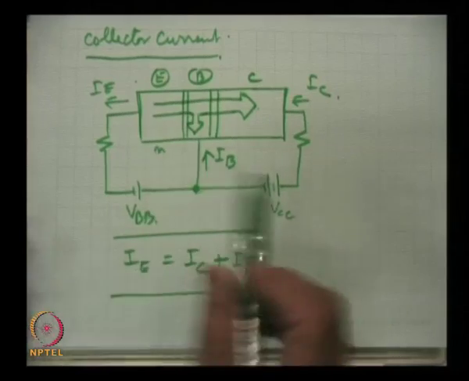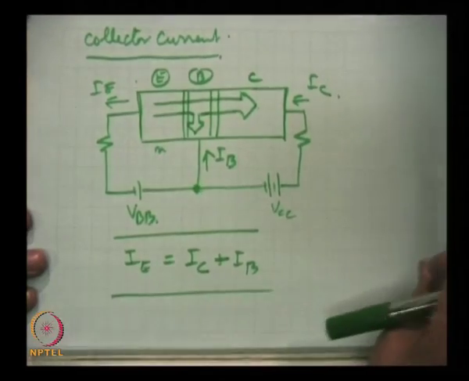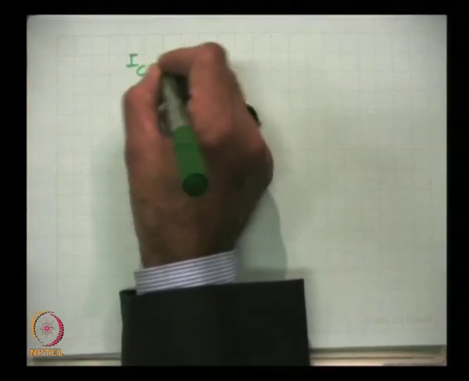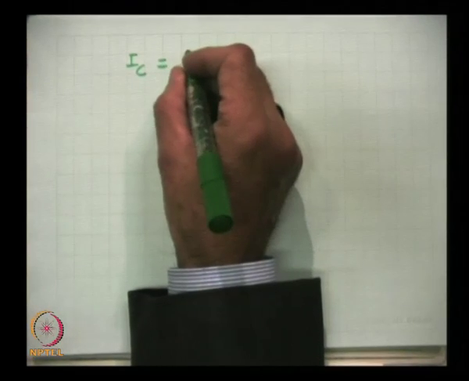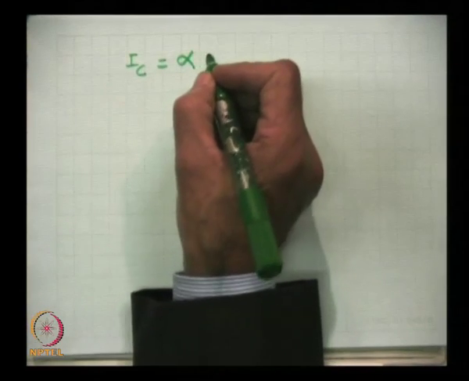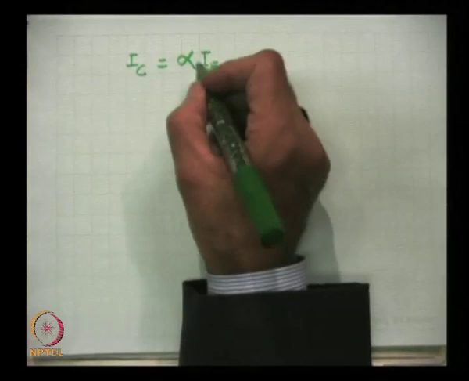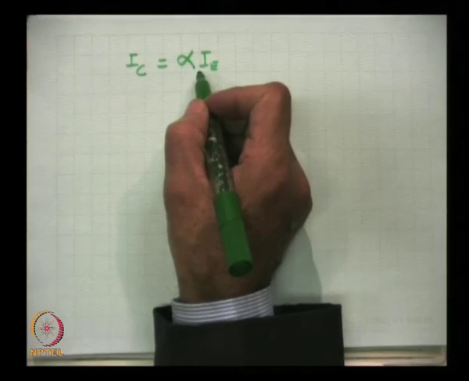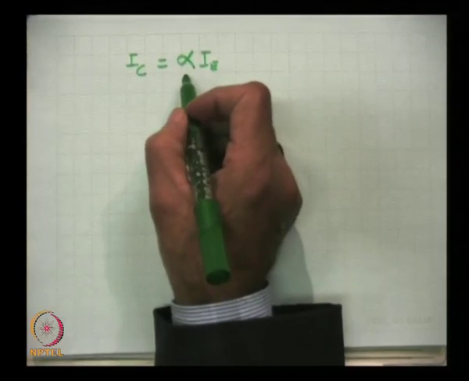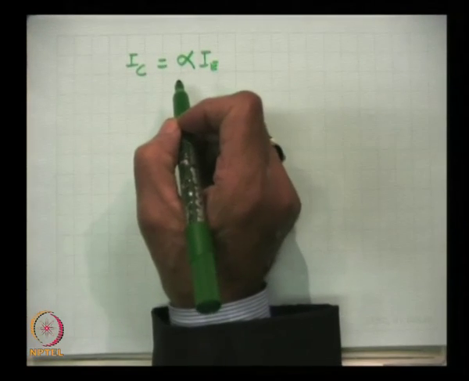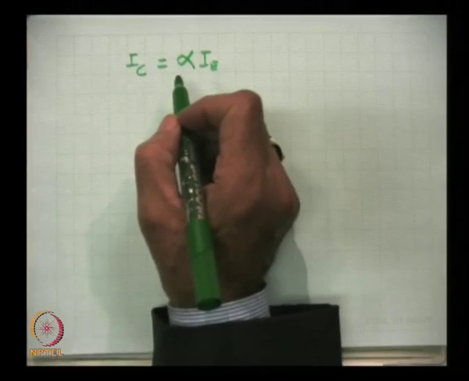Now, we were talking about current components. So, the first component of current in IC is a fraction, and let us call that alpha, and we will define what alpha is, times IE. Now, this is the contribution because of the electrons which have been injected from the emitter, but we should not forget that